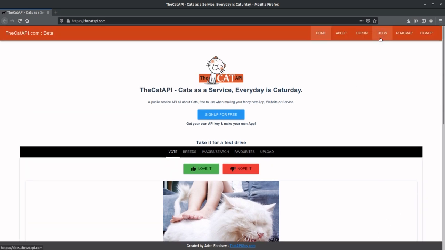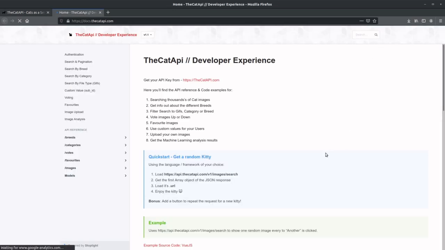So let's go ahead and navigate to the docs up here on the navigation bar. And this is going to tell us a little bit about how to use the CAT API as a developer. So you can see that this API lets you do a lot of things, including searching images, getting info about images or about cat breeds, or filtering searches, voting for images, setting images as your favorites, using custom values for users, which is a little bit more complex than we'll get into today. You can even add your own images to the API, and you can get some machine learning analysis results, which